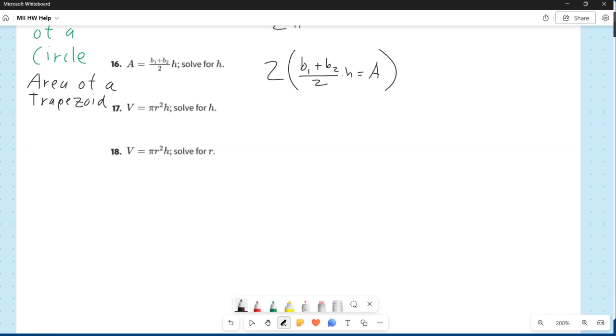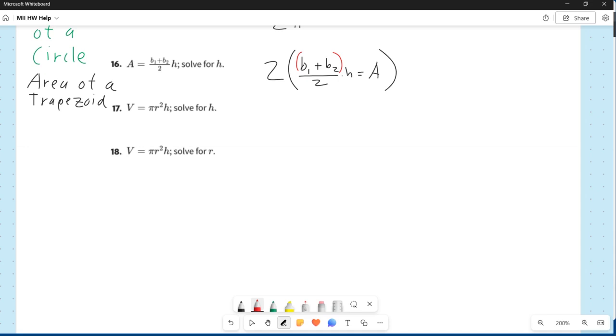Now, the reason this is a little bit tricky is that a fraction bar is a grouping symbol, which means there is an invisible set of parentheses around the binomial in the numerator, the b1 plus b2. Normally, we don't need those parentheses, but the problem here is that if you multiply by 2 and you get rid of the 2, you're kind of getting rid of the fraction,